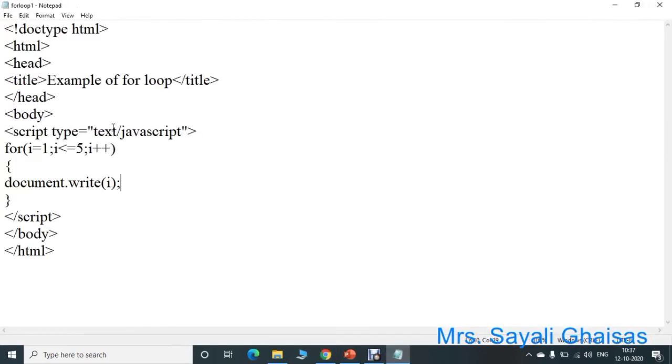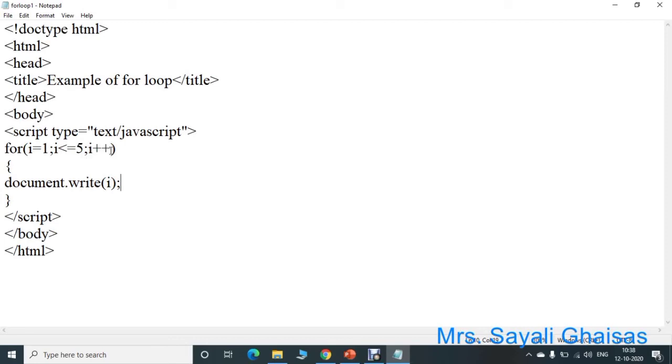After that, the loop will increment the variable, that is i++, which is nothing but i's value will be incremented by 1. So it will become 2. So 2 is less than or equal to 5. Again 2 is less than 5. So the condition is true. The loop again executes and prints the value 2. After that, incrementation will happen again. i's value will become 3. Again 3 is less than 5. The condition is true. 3 will get printed here.